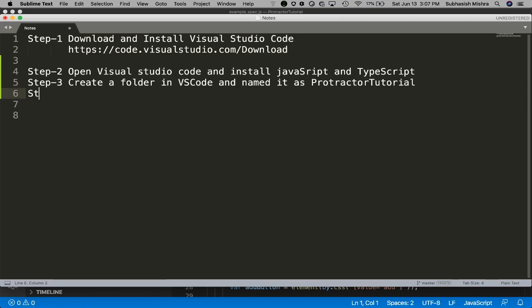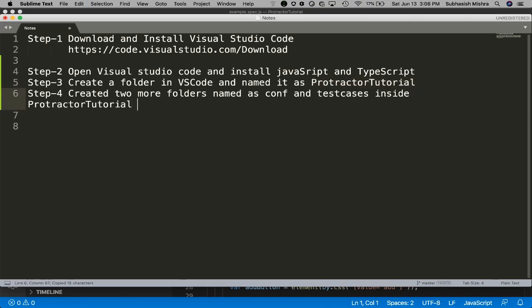In step 4 we created two more folders named conf and test cases inside the protractor tutorial folder. Fine.